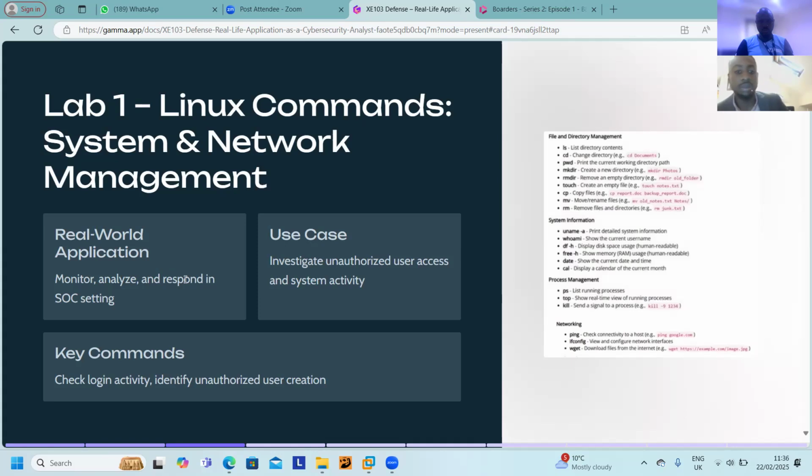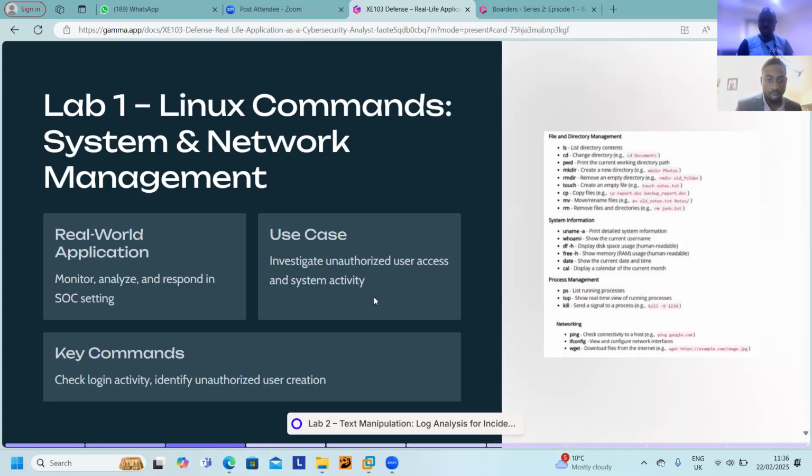We also have use cases, which is investigate unauthorized user access and system activity. So obviously, a very good use case of this is if I am in somebody else's system, for instance, and the system is